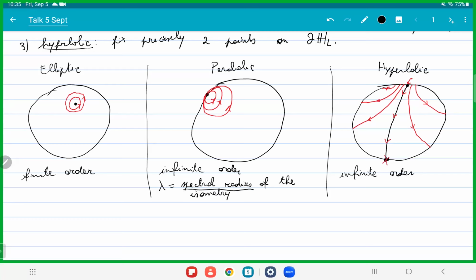So this is an isometry, so we can write it down as a matrix. The spectral radius of a matrix is simply the maximum norm of an eigenvalue. Okay, so maybe I can write it down. So maximum norm of an eigenvalue. Of course, the eigenvalues are complex numbers, so we cannot say the maximum eigenvalue. We have to take the maximum norm of an eigenvalue.